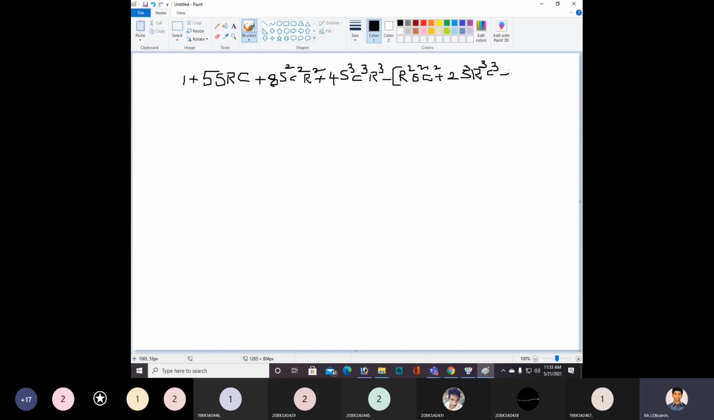plus S square C square R square plus S cube R cube C cube divided by S cube C cube, divided by S cube C cube. That equals to